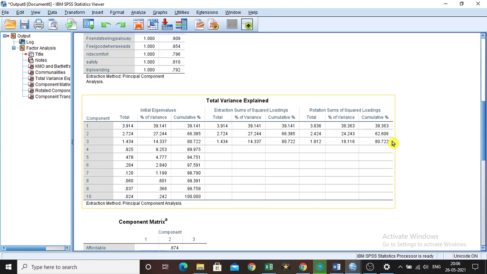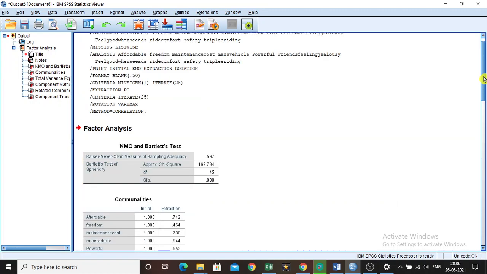You have to see the cumulative percentage, the final cumulative percentage. Here it is 80.72, which means almost 81%. The taken set of variables is able to explain 81% of the variation in the dependent variable. So 81% is a very good percentage to explain the variations in the dependent variable.